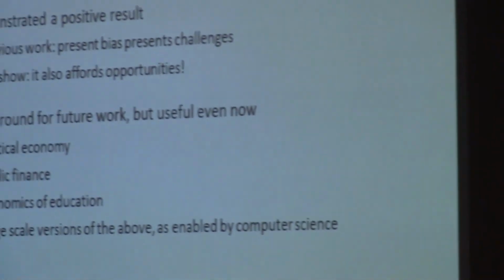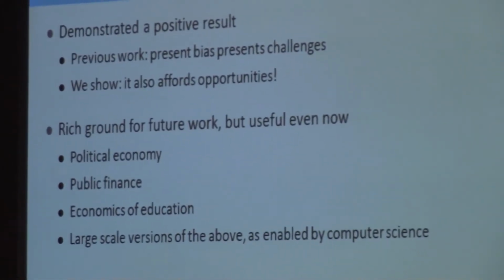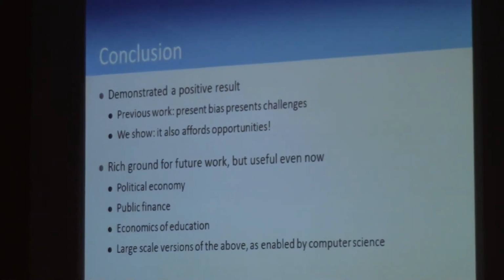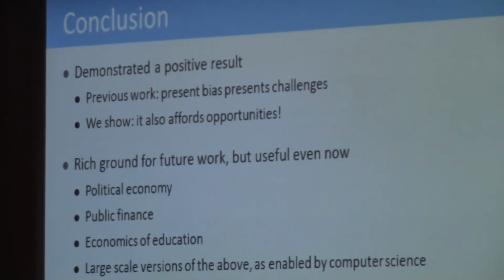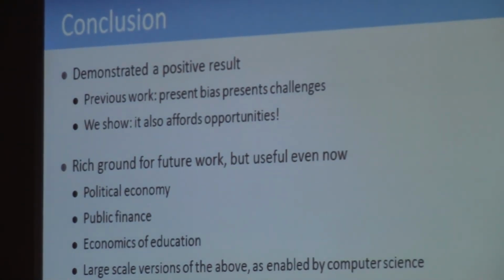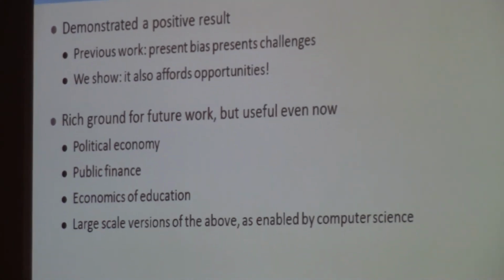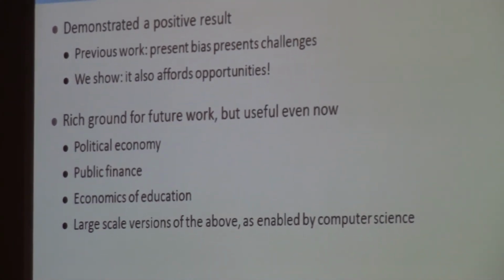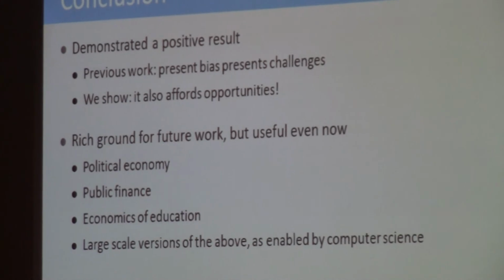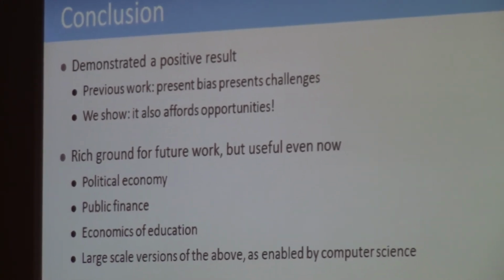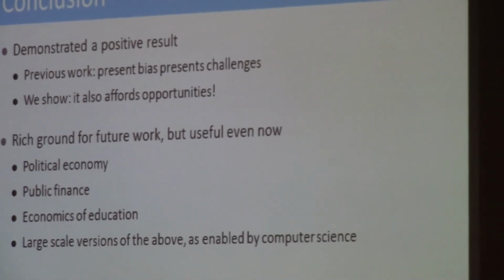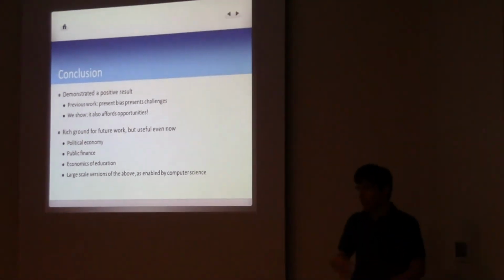I have not closed the book on this, but what I think I have done is presented a positive result. Previously, they said, okay, here are all these bad things that can happen, and we present the problem, okay? And I'm going to be like, here's actually what you can do about that. And also, I can say, interestingly enough, that the agent's present bias actually allows us to motivate them to do the right thing more easily, instead of making it harder for us to make them do the right thing. Finally, as I mentioned, this is a theoretical model, but there are potential applications in fields ranging from political